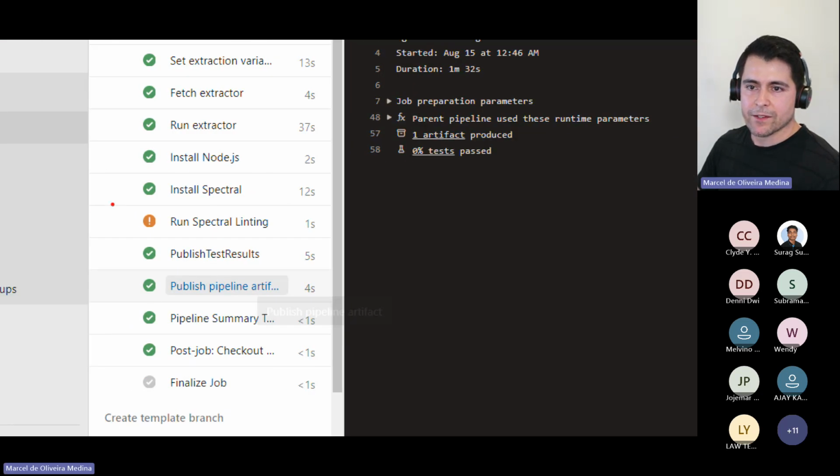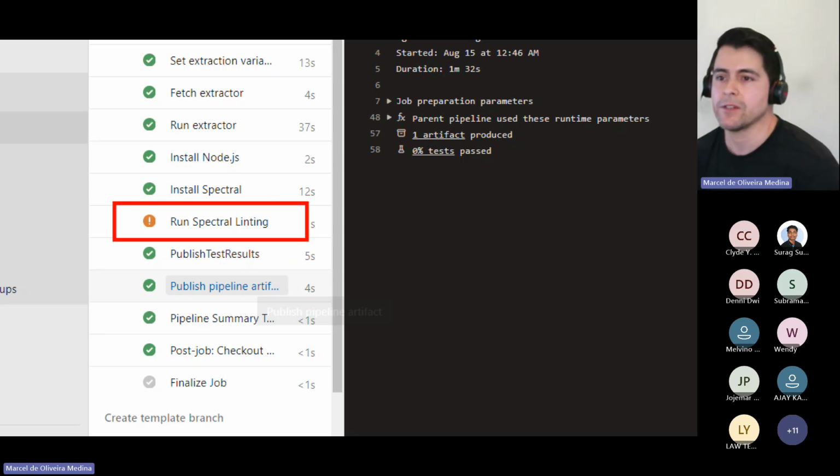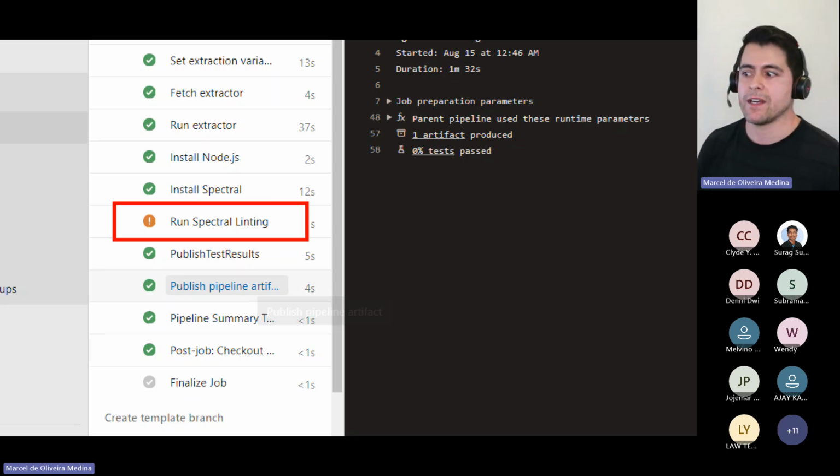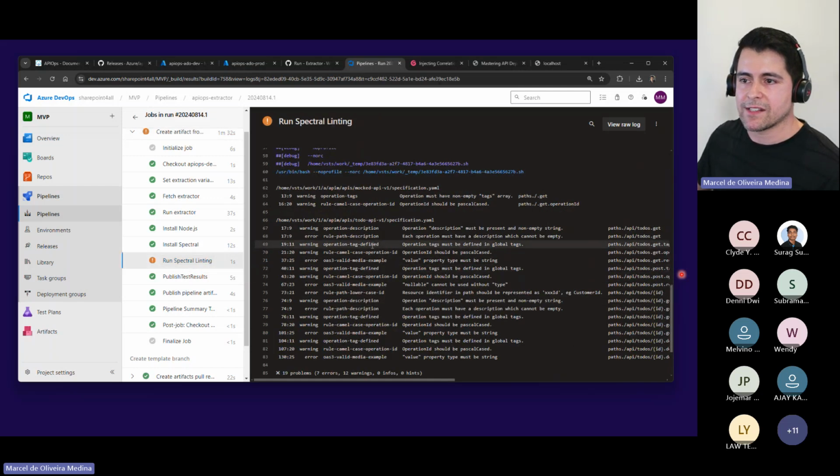Okay. With Spectral, it allows you to do linting of Swagger definitions. There could be warnings in there, errors in there. And if that doesn't match what your team definition is, you can see some errors, right?